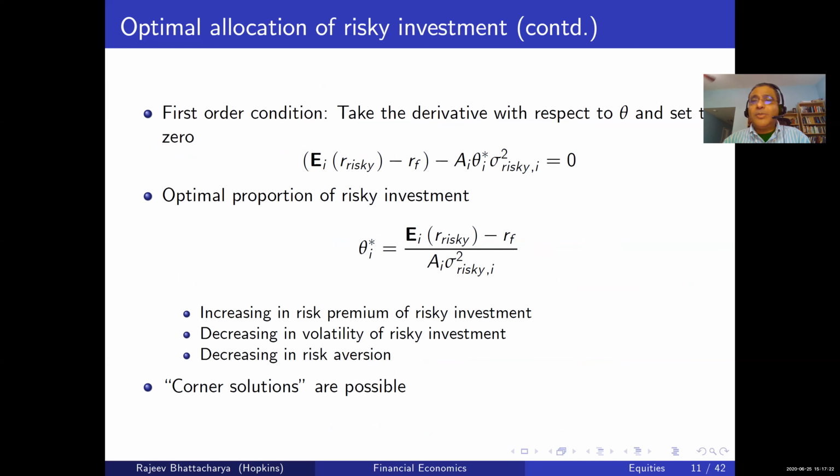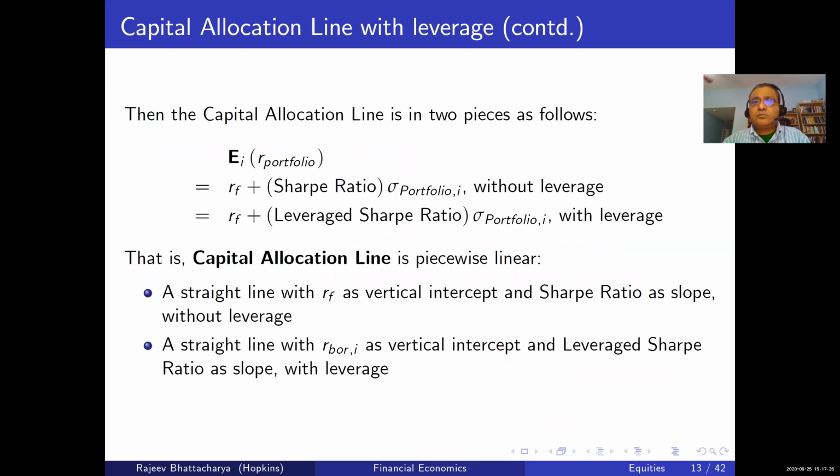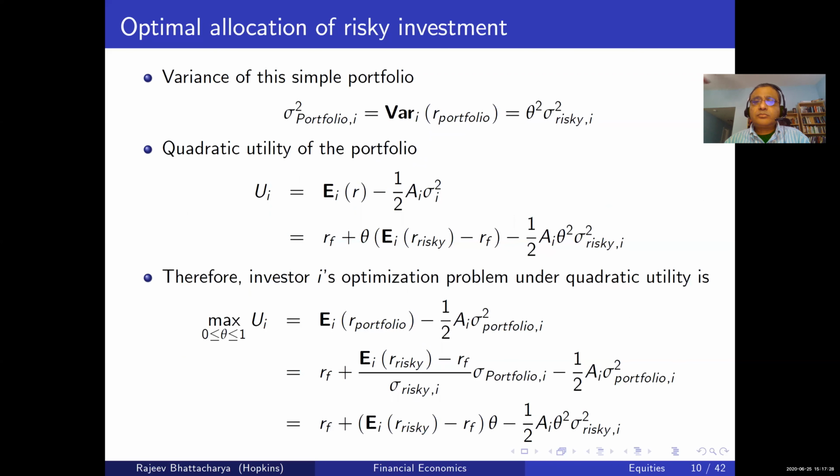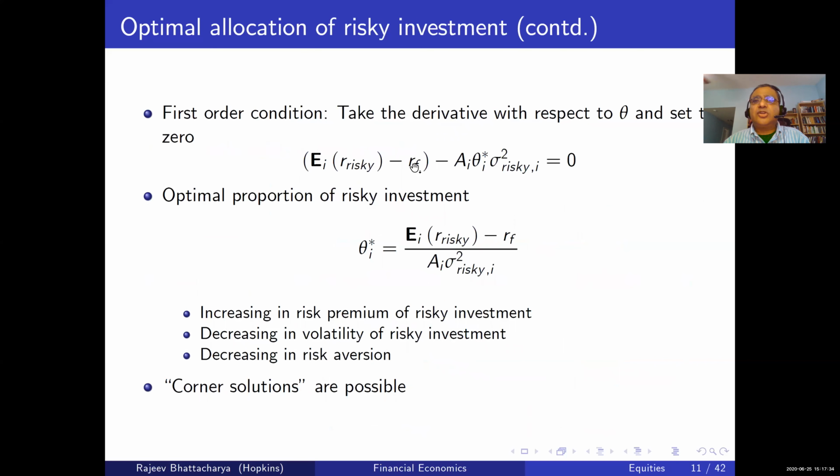If you go back to the previous equation, you take the derivative of this with respect to theta and you set it to 0. This is the expression you get, and then you solve for it, and the optimal investment turns out to be